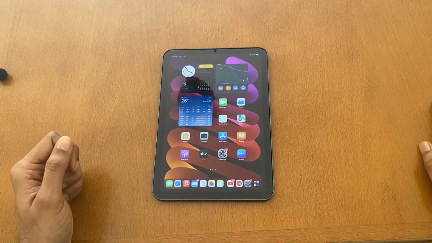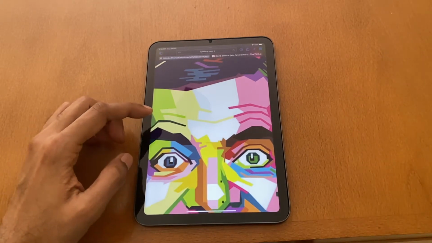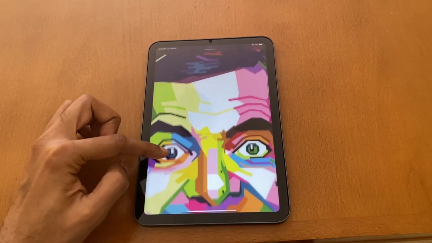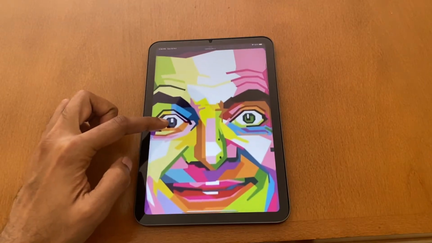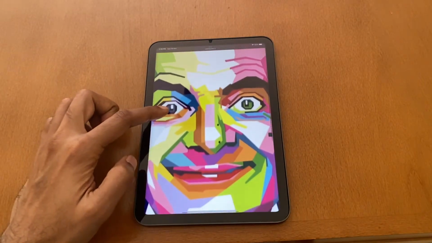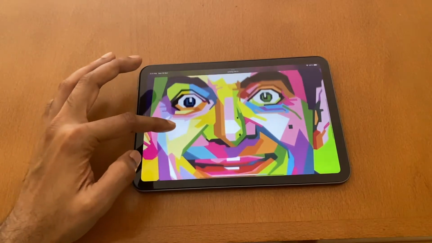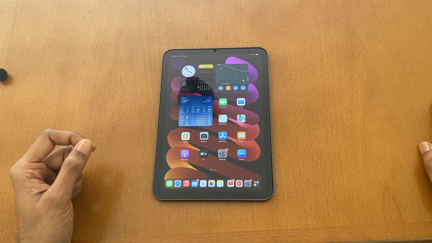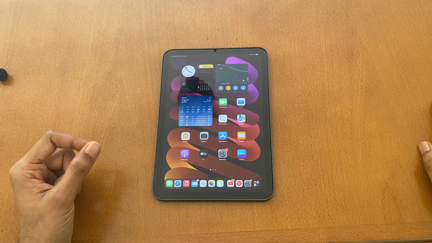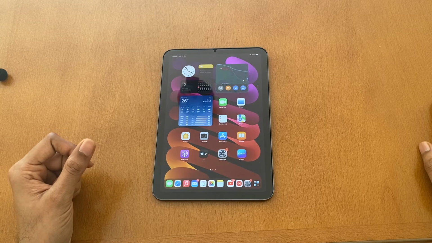This issue is only noticeable when you use the iPad in portrait mode, and the reason behind that is the display driver refreshes the display column by column, and when you use the iPad in landscape mode, it refreshes it row by row. Let me just say right off the bat, yes, this issue can be reproduced, but would it really bother you? Let's find out.